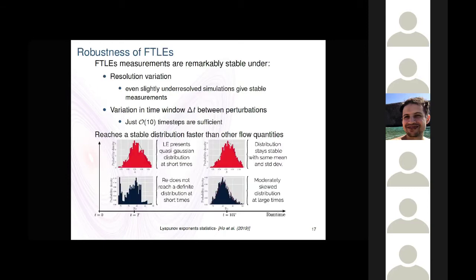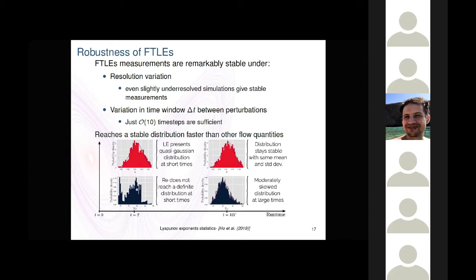Well, as I mentioned before, this measure is very robust. We can vary the time window we use for these perturbations to just a very few time steps, and the measurements stay the same. But the more interesting one for me was when we let the system evolve. Here we have the histograms of the FTLEs, and in blue we have the Reynolds number statistics, and we see that for a certain time in the simulation, which is not the turnover time scale, but just a few turnover time scales, like 10 or something like that,